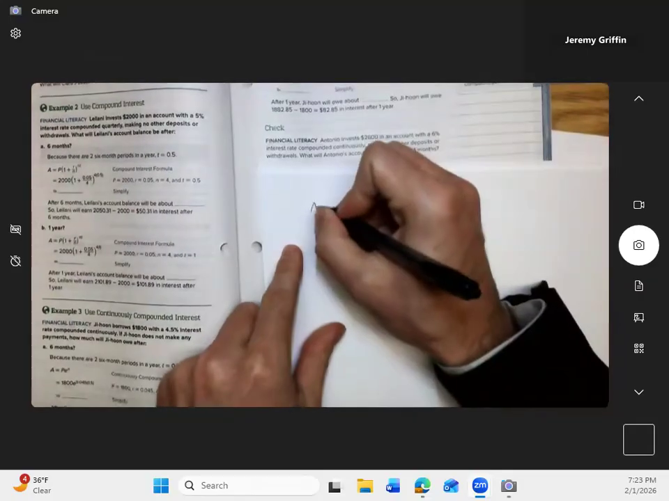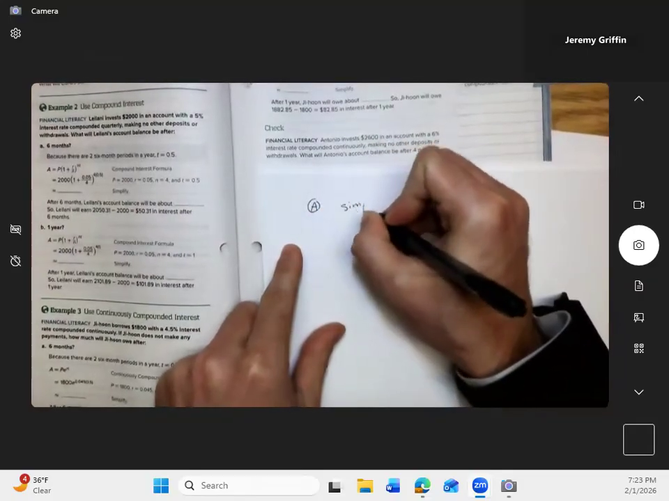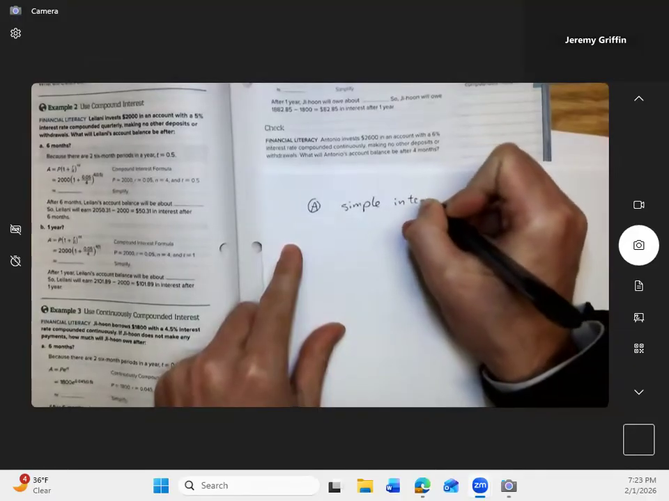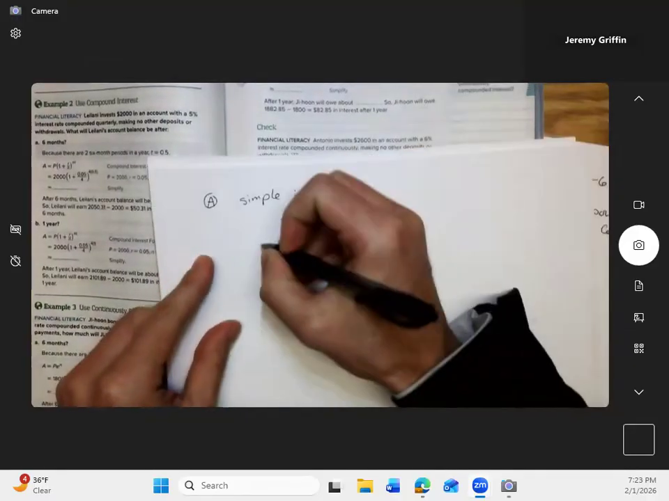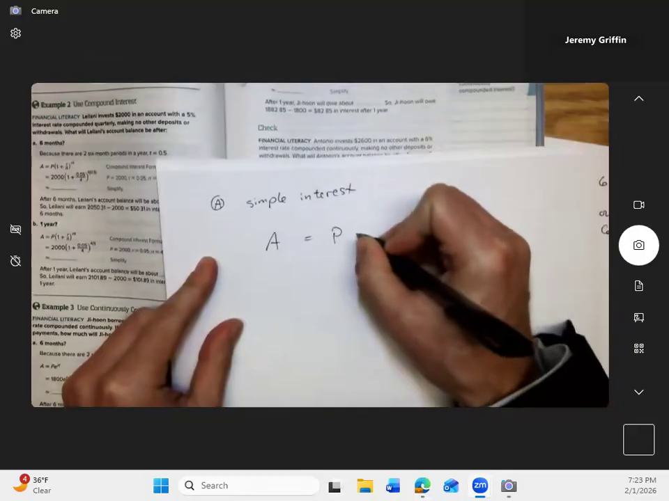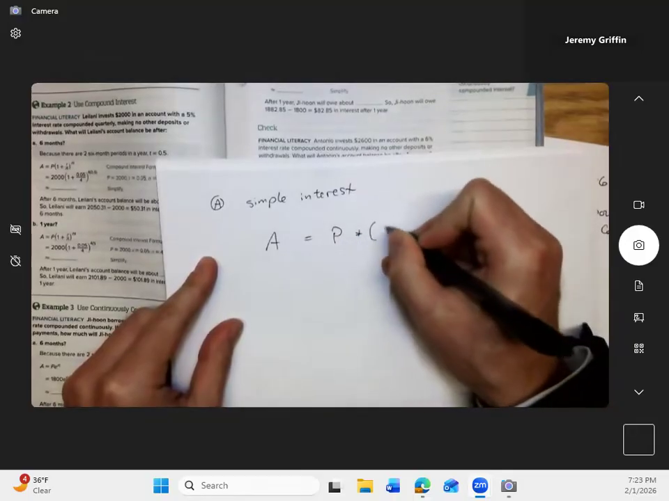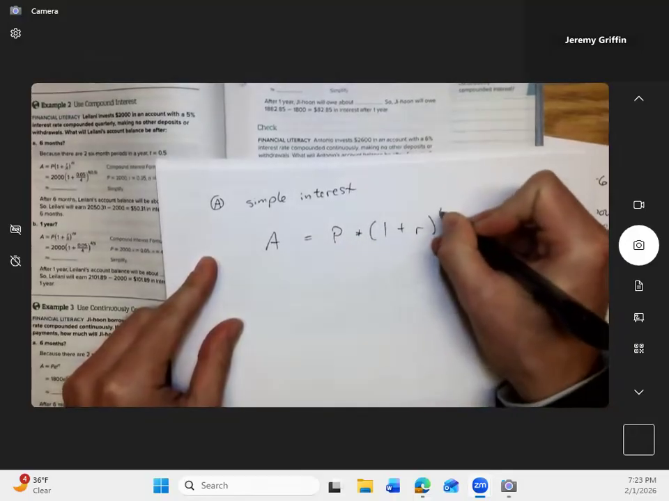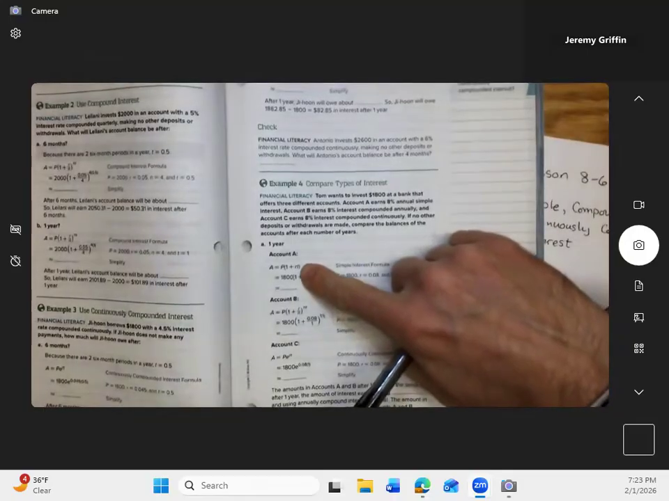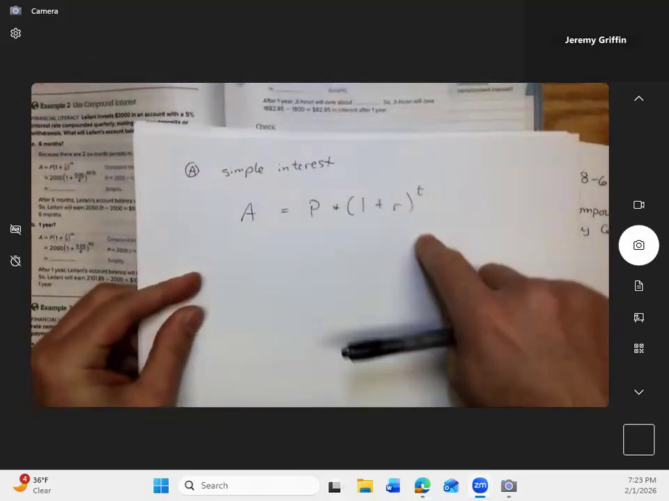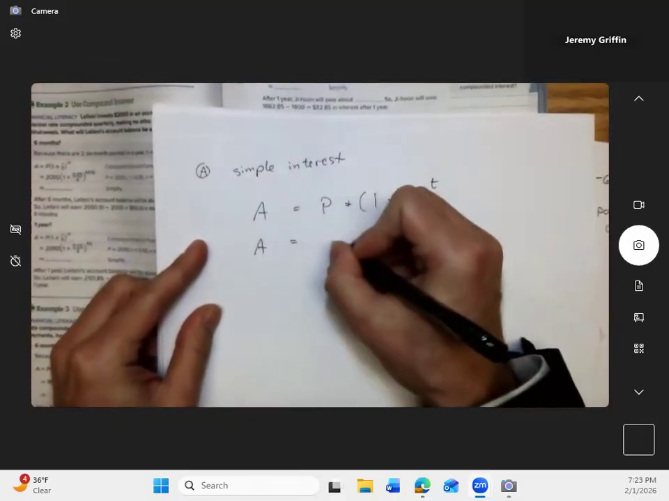Right, so account A got simple interest. We got the amount is equal to the principal times 1 plus the interest rate to the power of t. Yeah, this shouldn't be RT. This should be 1 plus R closed parenthesis and then to the power of t. That's what it should be. Okay. So the amount would be